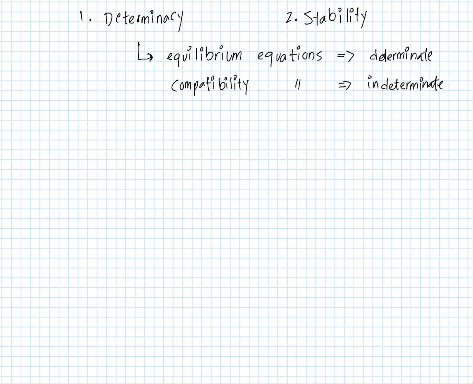For stability, we have to separate beams and trusses and look at them separately, really. We're going to start off by looking at beams. With beams, we're going to limit things to a 2D, two-dimensional coplanar structure. So whatever we see on the face of this page. Three-dimensional structures make things more sophisticated, and we'll leave that up to you to figure out the equations for and to analyze. So we're going to say for a coplanar beam structure,